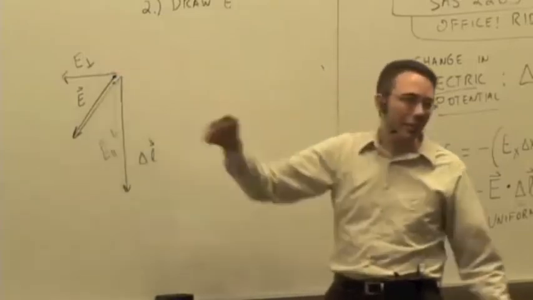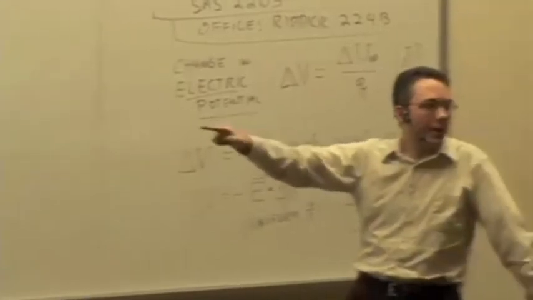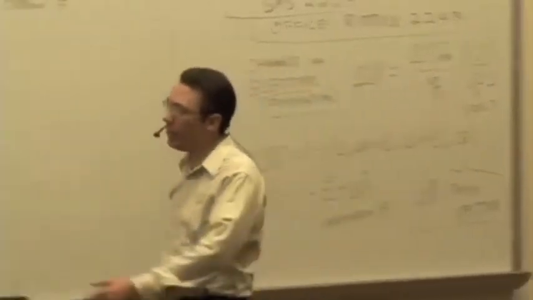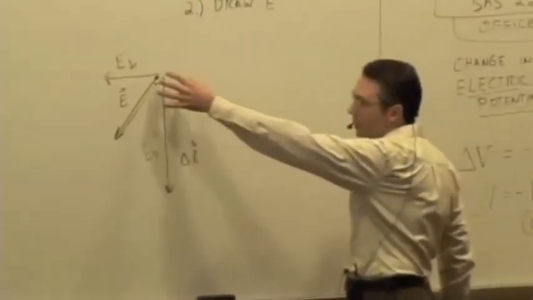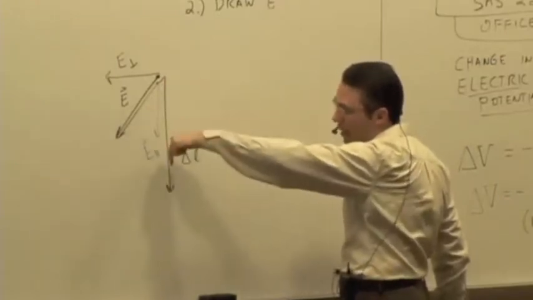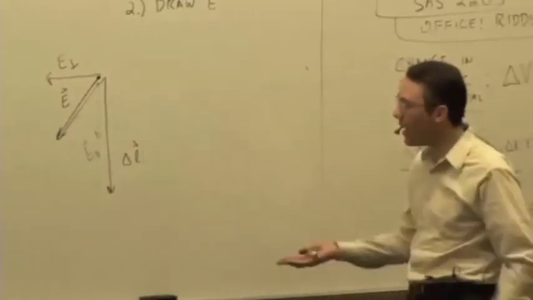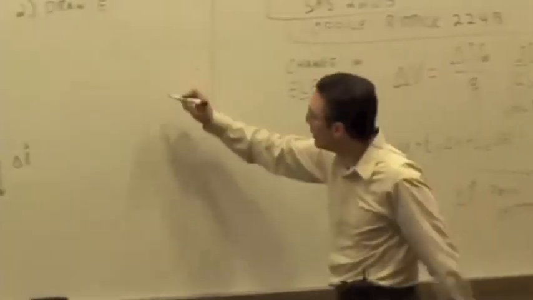The perpendicular component isn't going to contribute to delta V, because any field direction perpendicular to the path gives a delta V of 0. So the only thing that matters is what component of the field lies along that path vector. If it's in the same direction as the path vector, you get a negative. If it's in the opposite direction, if you had a field like so,